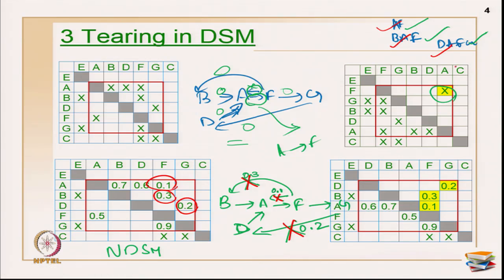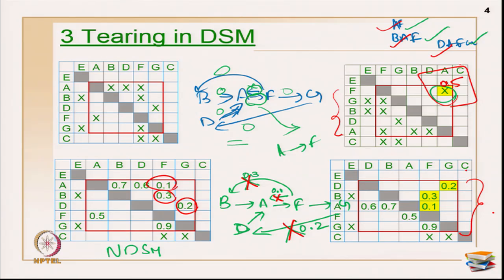Now, what is the variation between option number 1 and option number 2? In option number 2, A to F is a dependency of value 0.5, and these are all very weak dependencies 0.1, 0.3, 0.2. I am going to break all my weak dependencies, or I am breaking one medium dependency and using that as my sequence, or breaking 3 dependencies and using this as my sequence. So which is the better sequence among the two, you will not be able to see just with the tearing process, because you have to evaluate with the help of an impact. The measure of performance for us is primarily on the time scale.